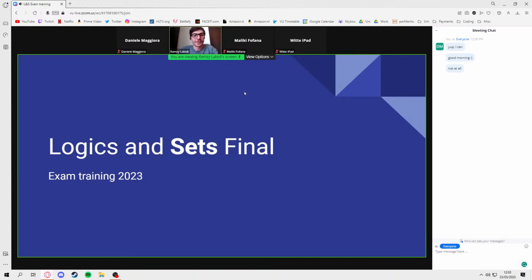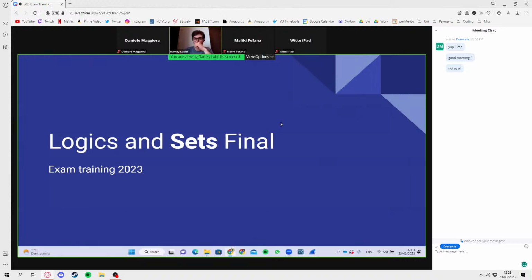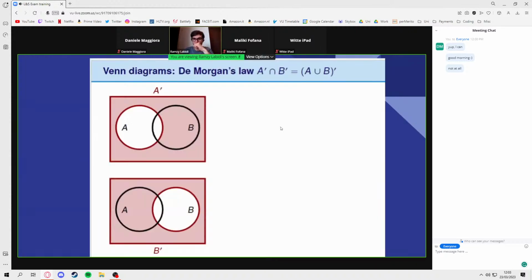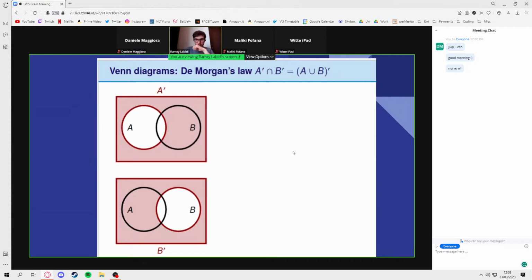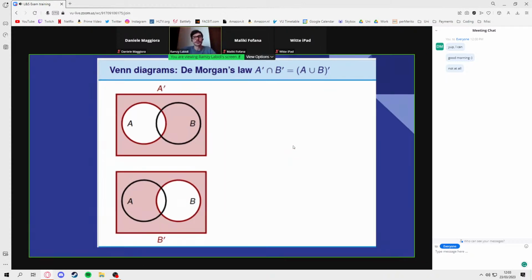Anyhow, as you know, the exam will cover topics from the midterm as well as the final, and there are several types. So the way I decided to do this is by going through the theory first, and then eventually you're gonna go through an exam. So let's get going. Okay, so the first thing we have to take a look at is the Venn diagram,